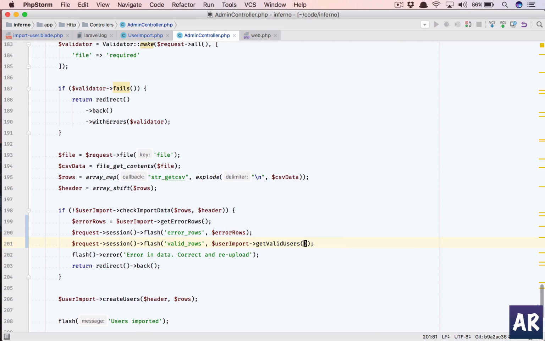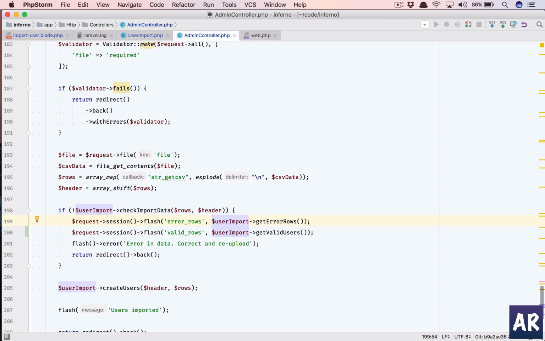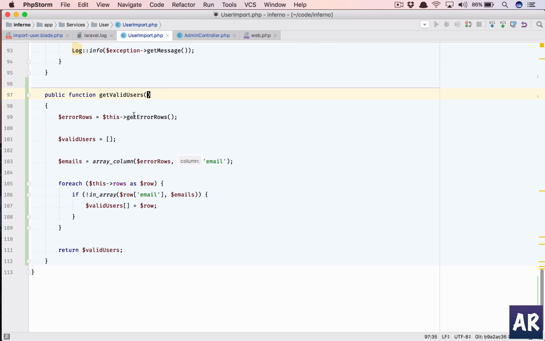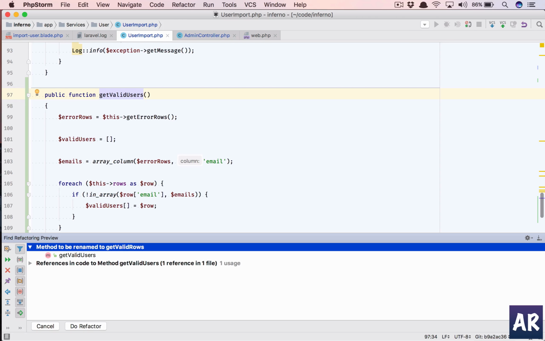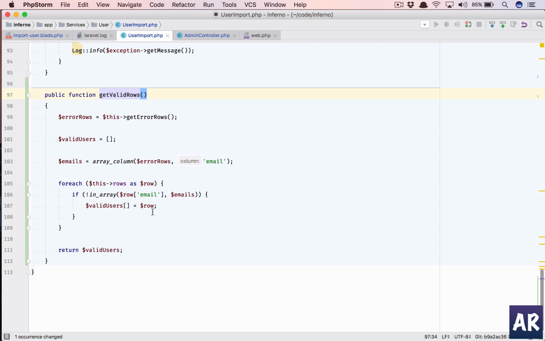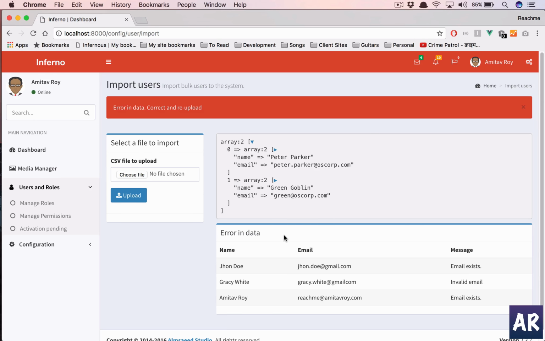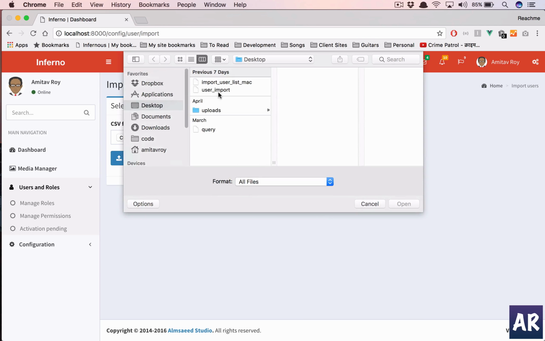So yeah, we get rid of this, and then what we can do is streamline it and say fine, I don't need an additional variable. So error rows is user import get error rows, and valid rows is user import get valid users. I'll rather change that function. It should be get valid rows. So let's refactor that. Yeah, refactor, and in here we have this again. Refresh, upload the file,